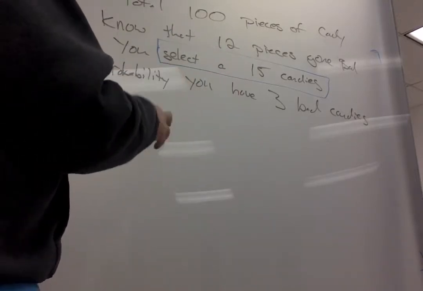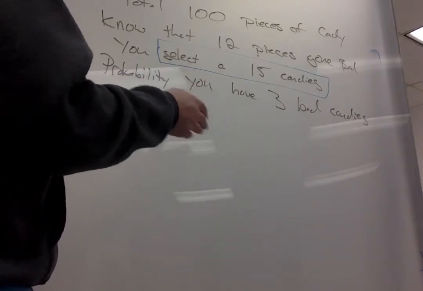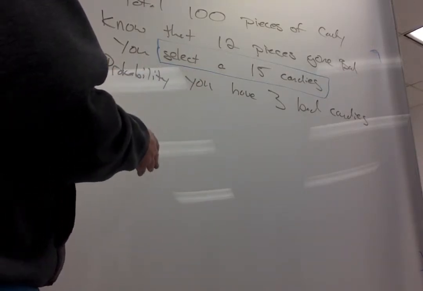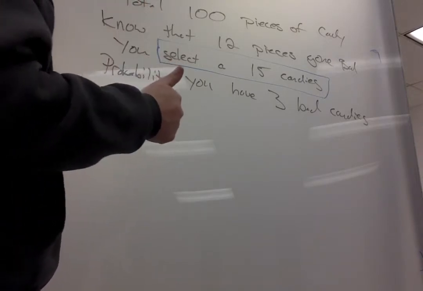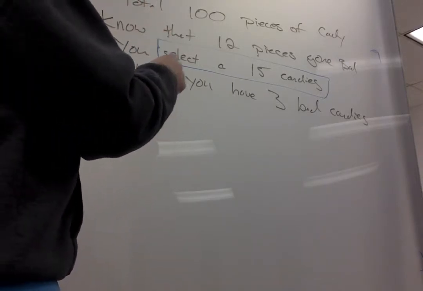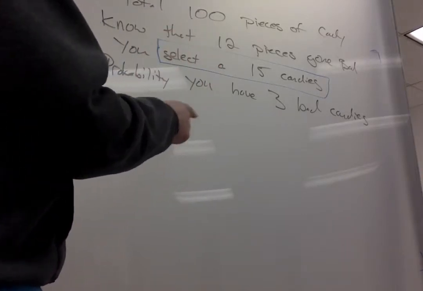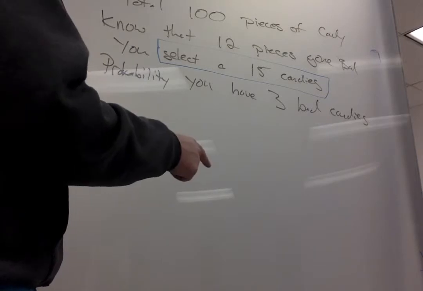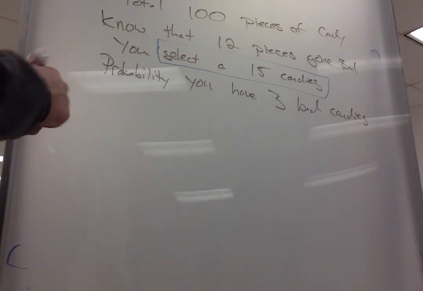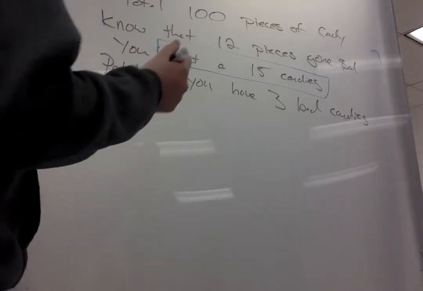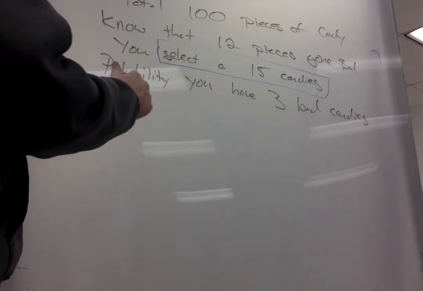So this describes non-replacement, or there is no replacement happening in this situation. And so we can't use the binomial distribution because that means the probability is going to change from candy to candy depending on if the last candy was a good candy or a bad candy. So we're going to use this formula, which really we're just going to take the number of successful events